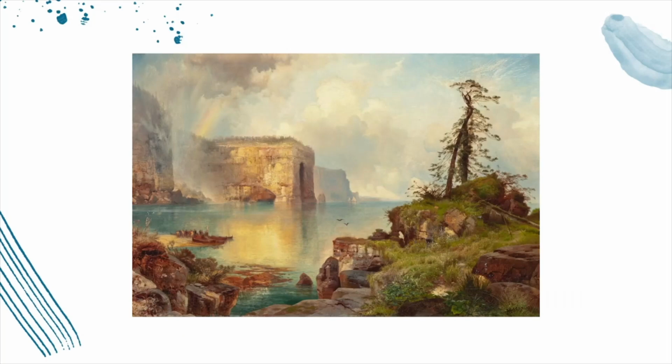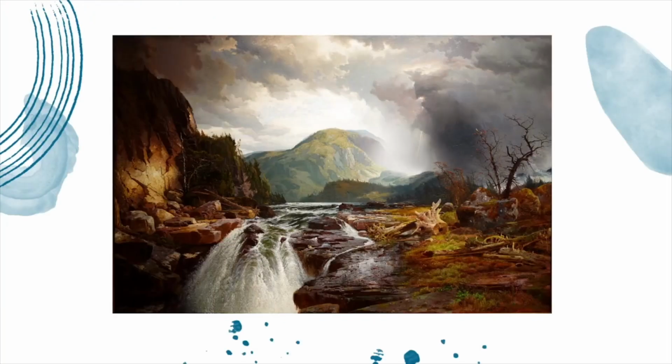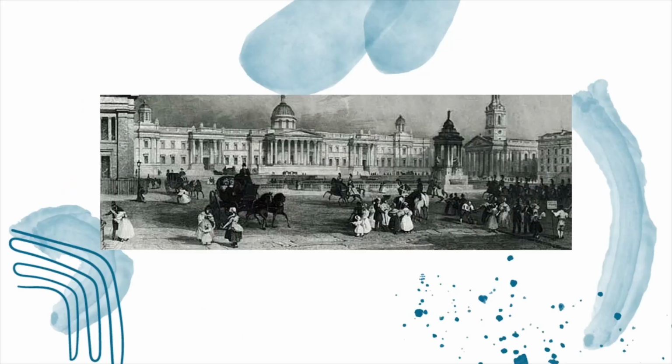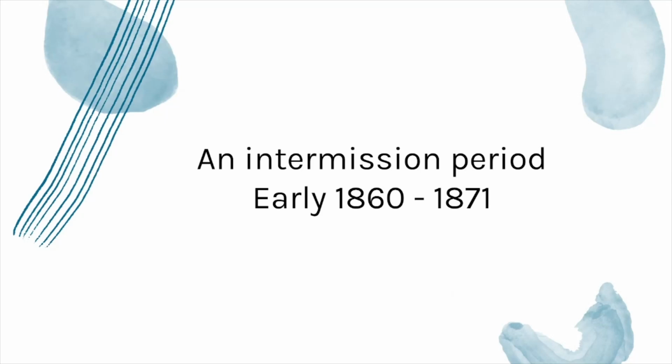In the early 1860s, Moran traveled to Lake Superior with Edward to paint the Great Lakes. He sold these paintings and then traveled to London to see the great lithographs. While traveling there, the director of the National Gallery was so impressed by Moran's work that he gave him a private room to work on his replication paintings. After this, he returned home, but was said to always be looking for his next chance to travel on an expedition.